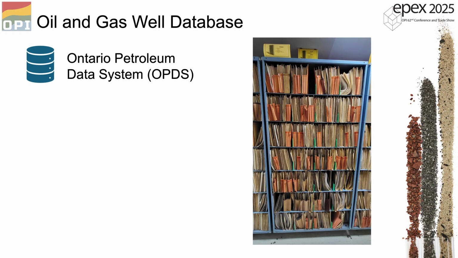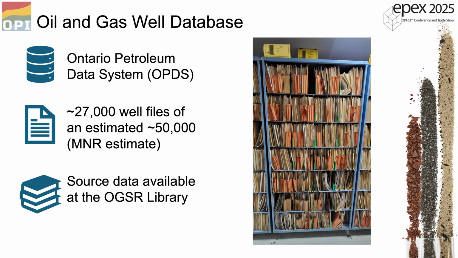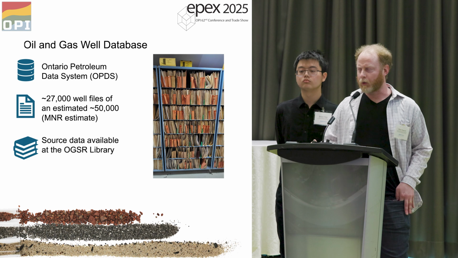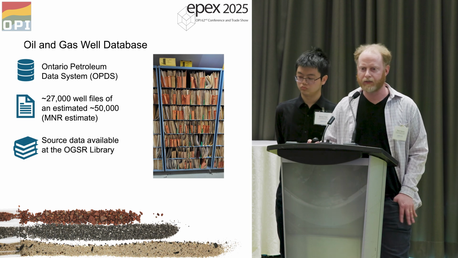Just going to go over a bit what the database is. The Ontario Petroleum Data System, OPDS. I'll refer to it from here on. It has over 27,000 records of oil and gas wells of an estimated 50,000. Every record that the MNR is in possession of has been digitized, and is at the library available as well. There are some spots that we have that could be scraped for more to find these missing wells. So all of the source data is available at the library. It's on our website, and